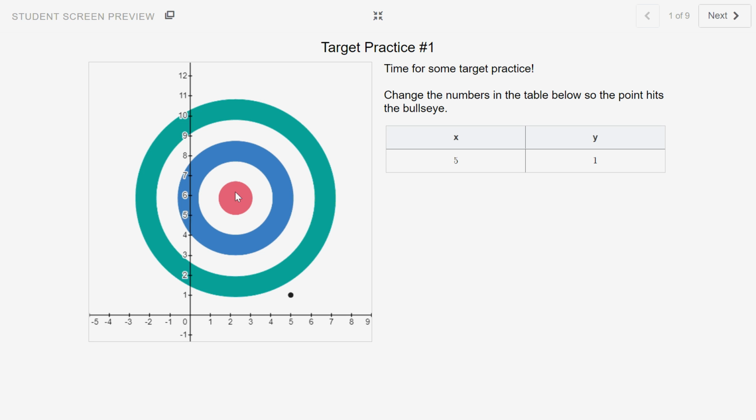So I see that this red area is here at my y-axis of about 6. And then if I go down, we can say maybe about 2. So let's try that out. For 2, 6. Oops, 6. So we see that the point moved now to the placement of 2, 6, and it is within that red